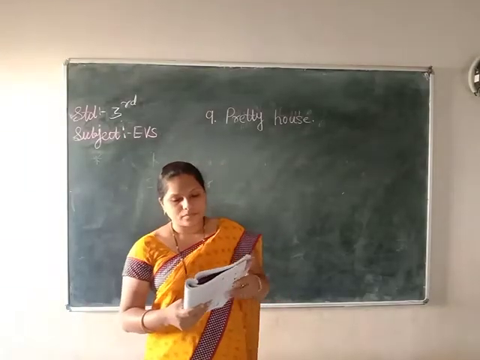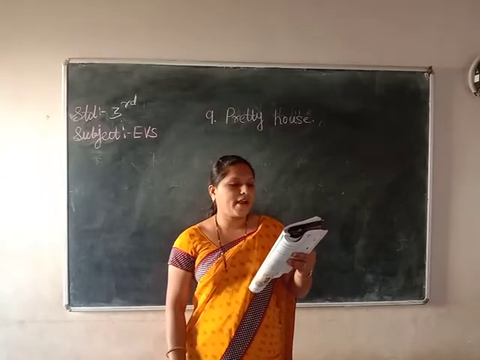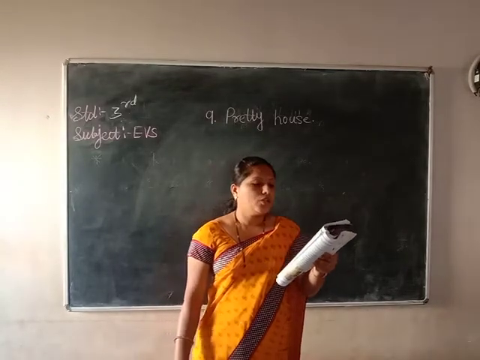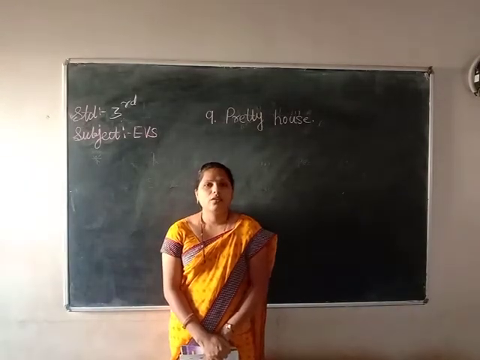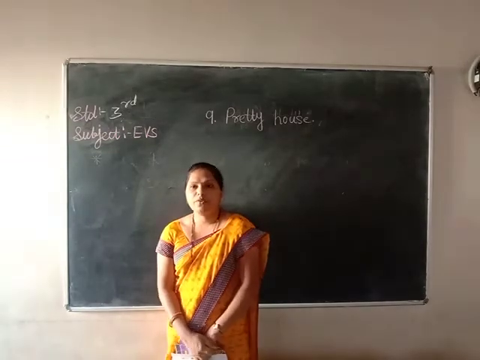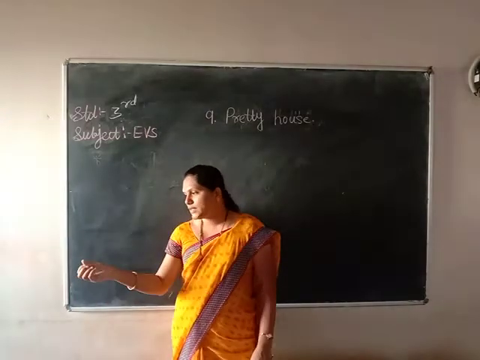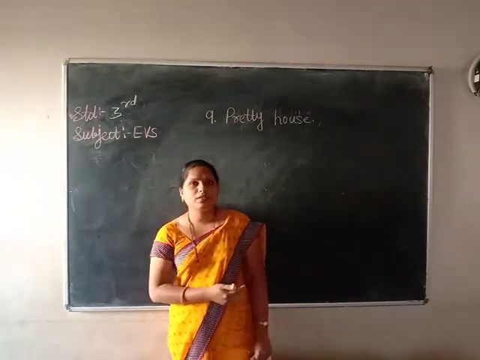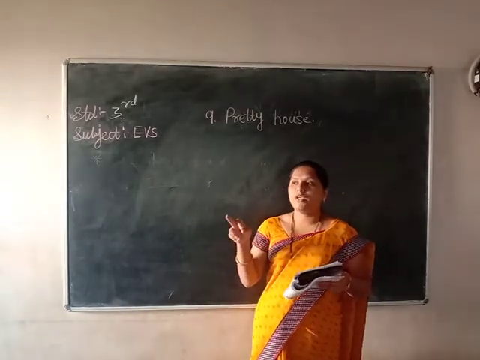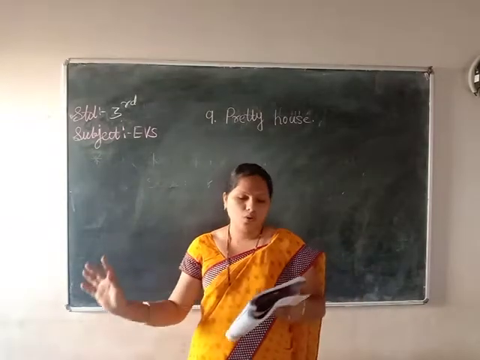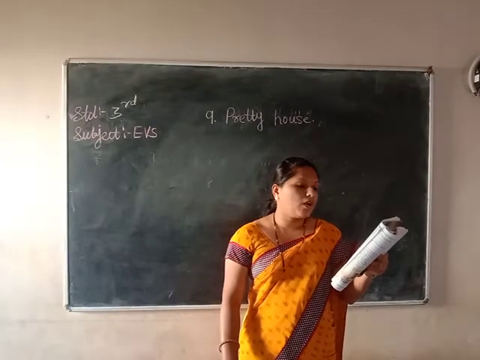Next one, to protect it from rain and to avoid the entry of snakes and rats, the roof should not have cracks or holes. In rainy days, snakes and rats may come inside your house. If there are holes, or some space between your doors or windows, they will come inside your house and attack you. So your roof should not have cracks or holes. They should be fixed properly. Waste should not be put around the house.